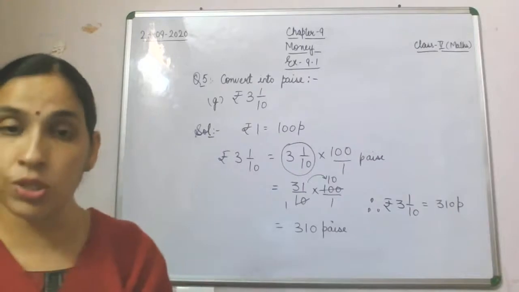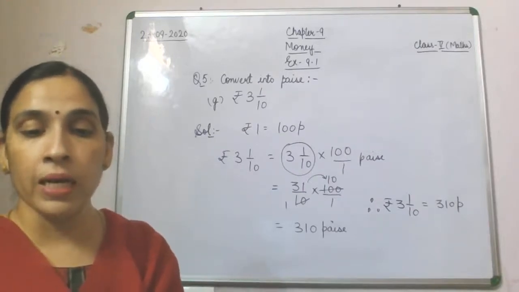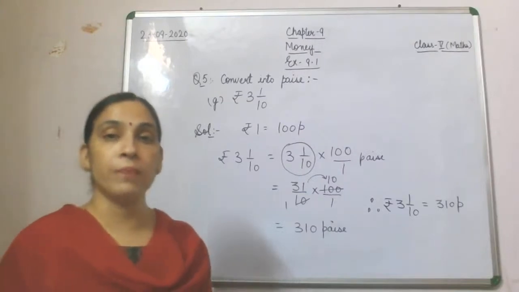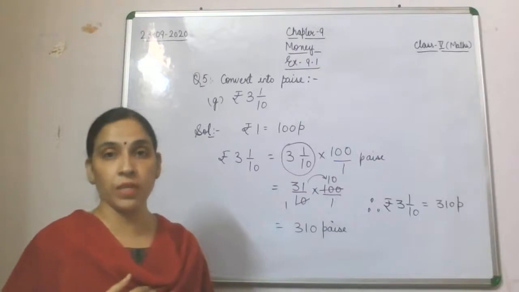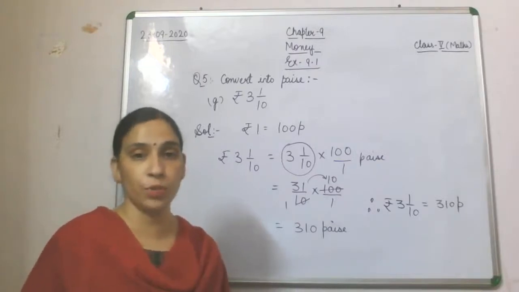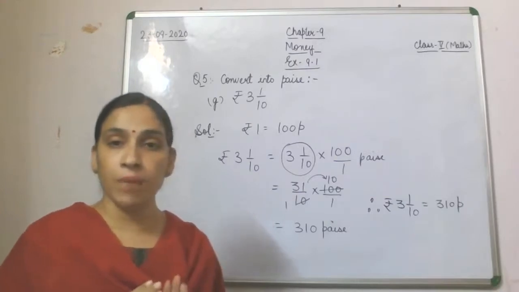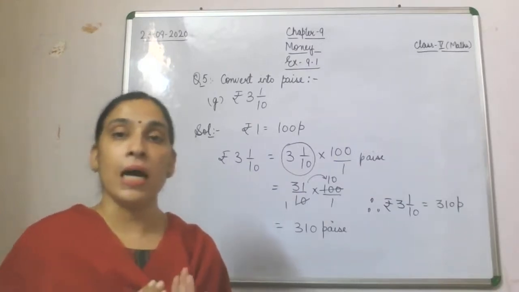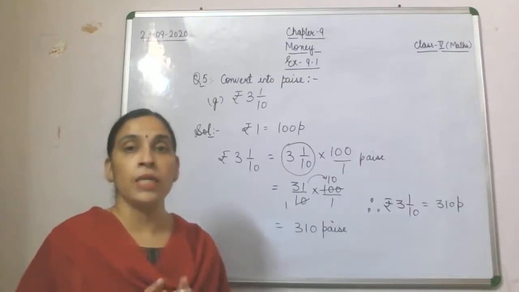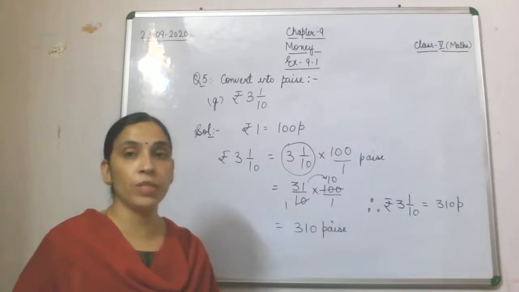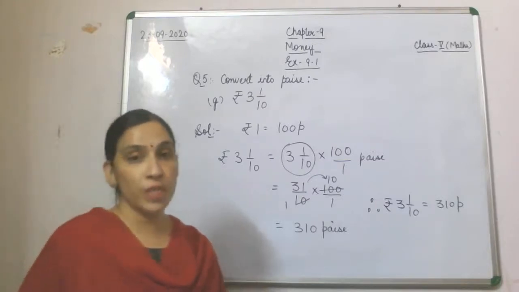Now what is there, children? Next, what is the next concept? Next is addition of money. As I told you yesterday, first we will do conversion of money, rupee to paisa and paisa to rupee. After that we will do our basic fundamental operations and then applications related to them. So in that row tomorrow we are going to take addition of money. So today we are going to finish our class here.